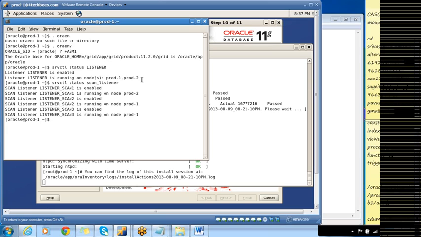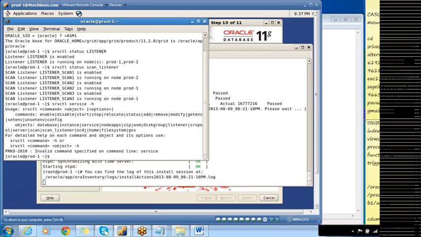If you want to check the status of the scan listener using lsnrctl, you can also do that in order to check the services. Or else you can go for srvctl service minus h. I'm not sure whether it's here or not. Let's check. No, we can just go for lsnrctl status scan_listener, listener_scan1 actually.